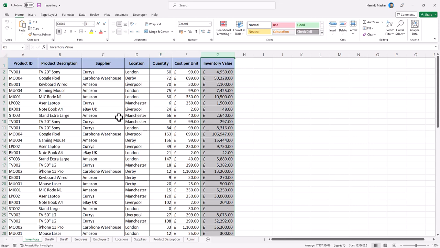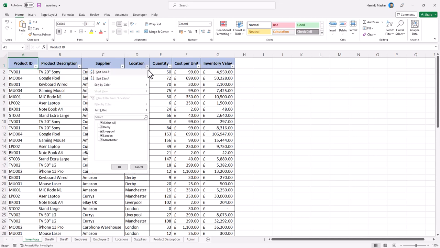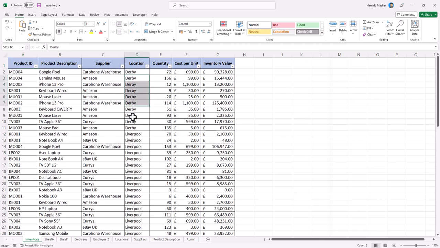So before we can utilize the subtotal option, we will sort data by location. To do that, I'm going to select my data and use this down arrow option and sort A to Z. So my data is sorted location wise, and to have a subtotal by location, once I'm in the range,